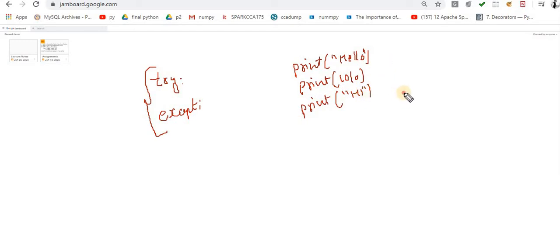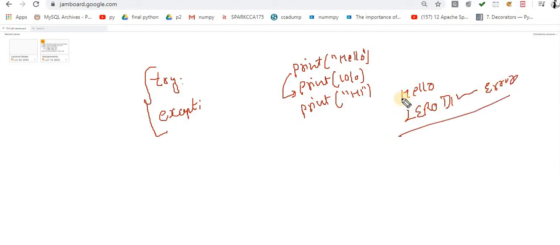I will get the output hello, and when it executes the next line, you will get an error message: ZeroDivisionError. This is called abnormal termination. My program is terminating here because in this line I got an error, the zero division error.